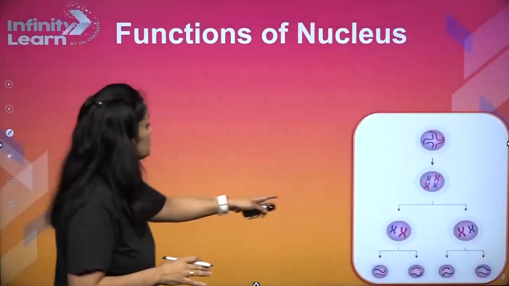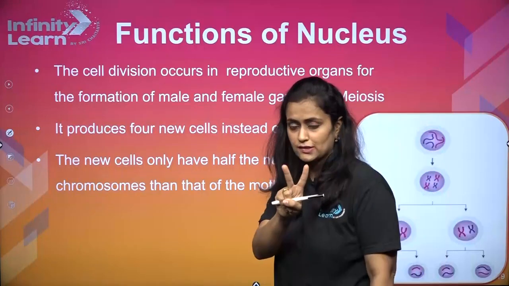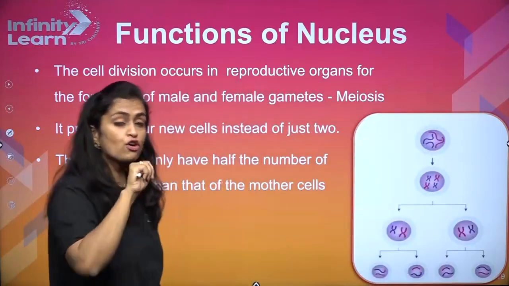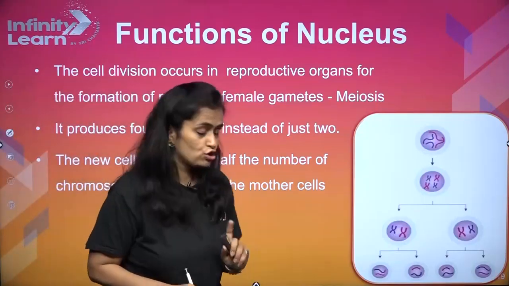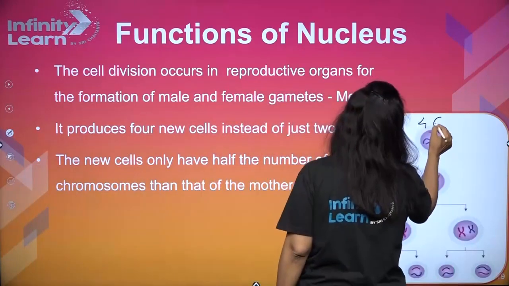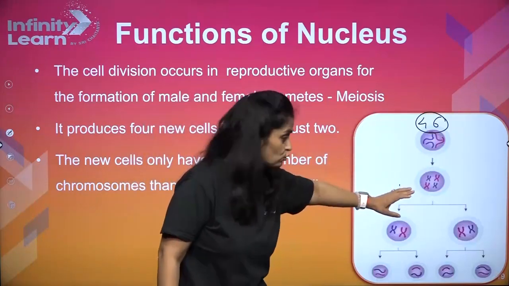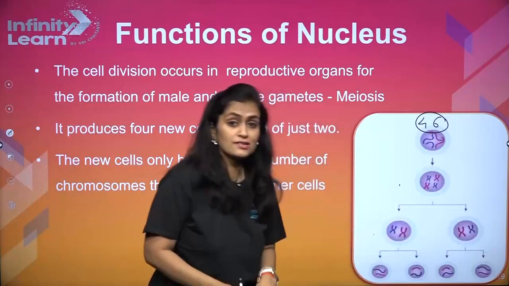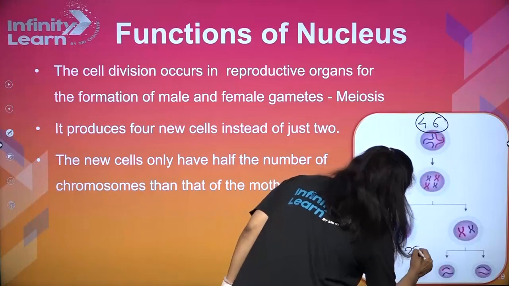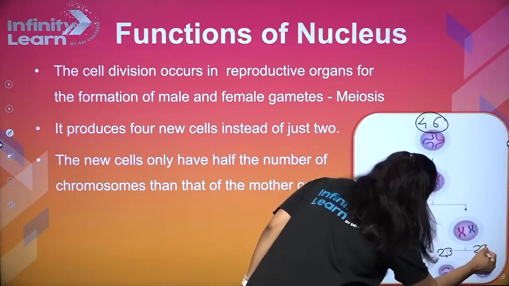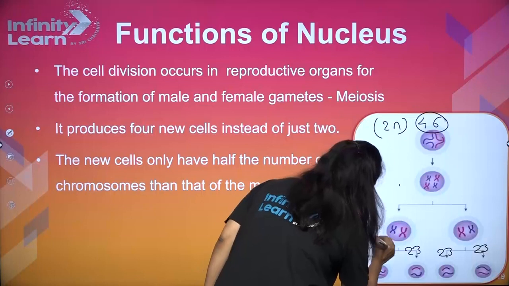The next one is meiotic cell division. There, one cell gave you 2 daughter cells in mitosis. In meiotic cell division, you'll have 4 daughter cells, and this cell division is also called reductional cell division, right? So here what happens, ultimately the mother cell has 46. Same condition will happen, 46 will double itself, 46 into 2. Then here will be 46, there would be 46, and these daughter cells will give rise to a reduced number of chromosomes, that is 23 and 23. Right? So half the number, so we call this 2n situation diploid, and these are n situation haploid cells.